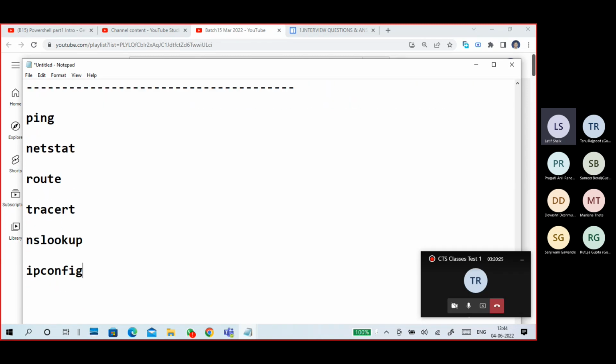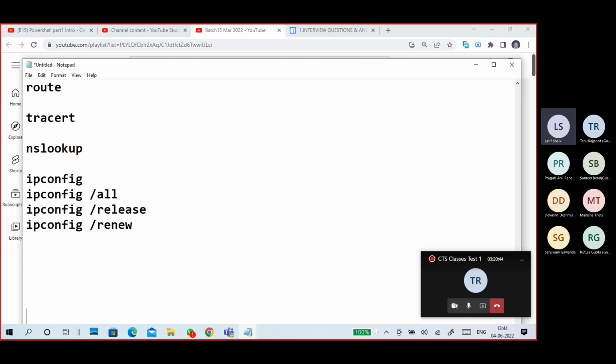Of course, ipconfig /all, ipconfig /release, ipconfig /renew. There is an APIPA lesson also. APIPA, automatic private IP address. Yesterday in class I covered APIPA. Please check that one. So what is APIPA, automatic private IP address? Check that one also.